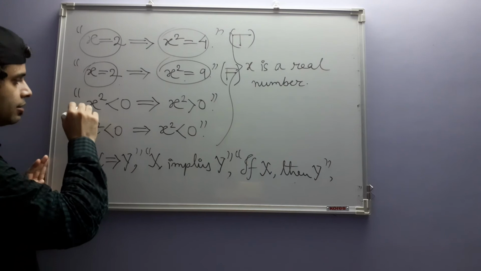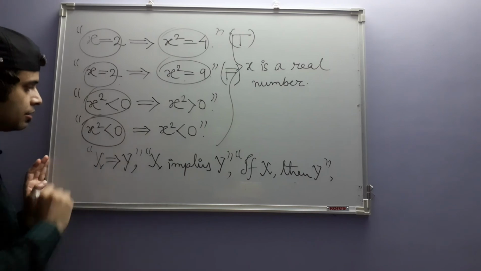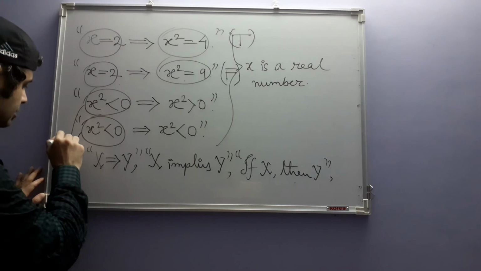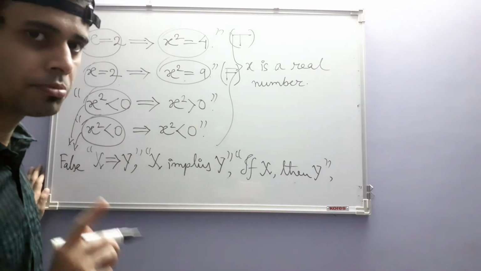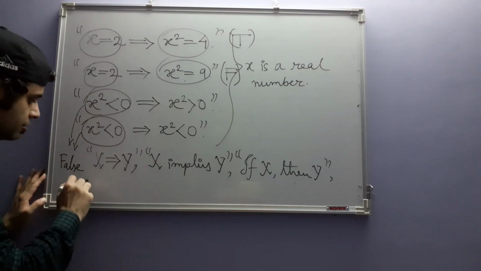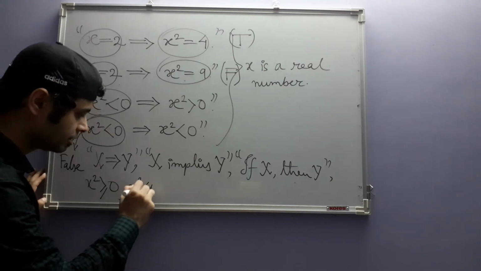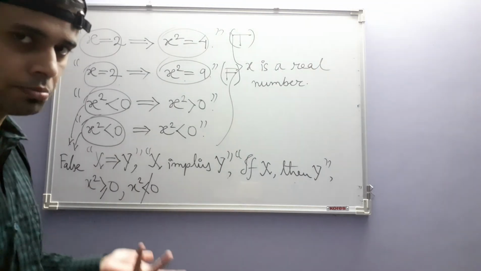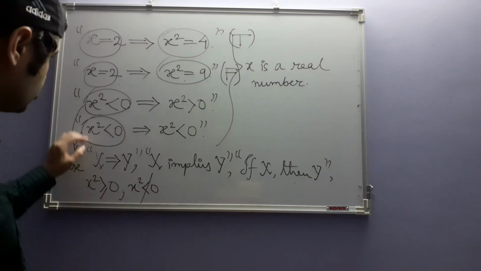You see, in both of the last two, the hypotheses are false. We know from elementary properties of real numbers that the square of a real number is always non-negative. It is never negative. This cannot be the case. In fact, at one point we will prove this. We are going to prove these things. But now we consider them as given, and so here the